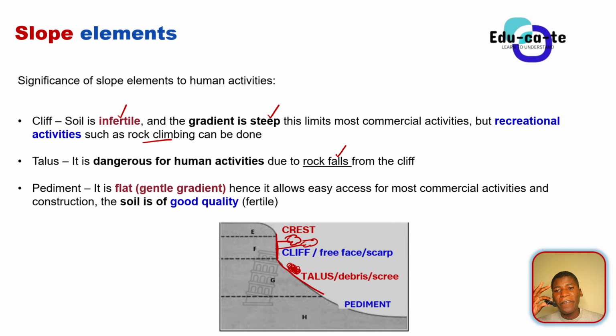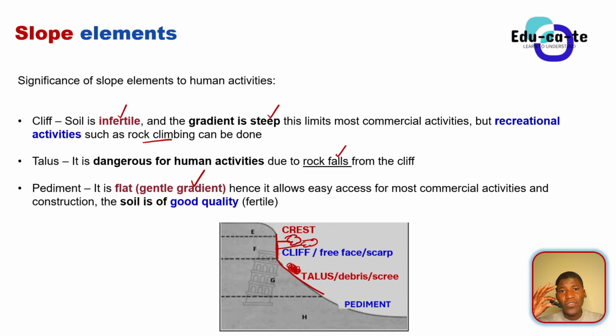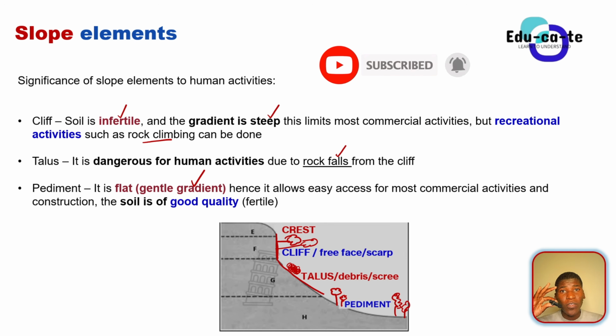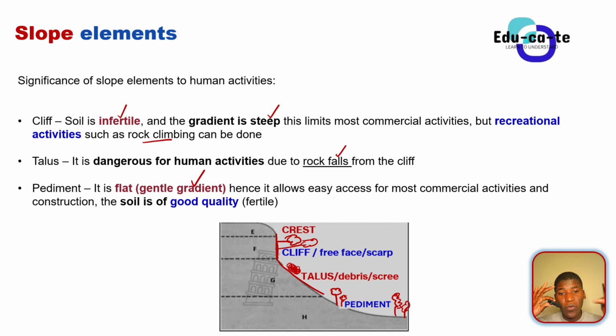The pediment is a flat slope, which just means that it has a gentle gradient. This gentle gradient is very useful, because in a place with a gentle gradient, you are able to do commercial activities such as farming. If I try here and plant my trees, yes, the trees are going to grow. Let's just say I want to do afforestation and plant trees. Yes, I can plant them because the gradient is gentle, since the pediment is just a flat slope with a gradual gradient, especially at the bottom parts.